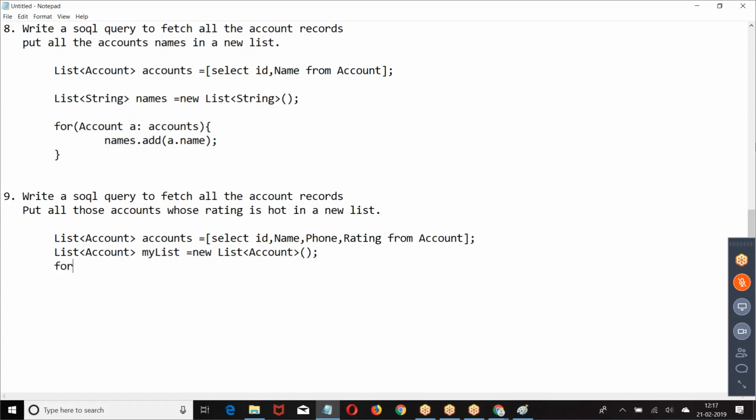What you are supposed to do: for account A in accounts, then what I'm doing, if A dot rating equal to hot, if the rating of the account is hot, put them in.